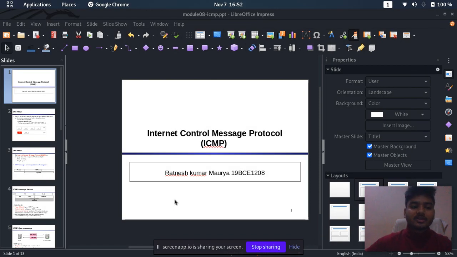So what are the problems that occur? Whenever packets come to the router, the header checksum should be calculated over the received header, and only then is the packet accepted by the router. For example, in a time exceeded message, when some fragments are lost in the network, the holding fragments may not be routed and will be dropped. Then ICMP will take the source IP from the discarded packet and inform the source of the discarded message, due to the time to live field reaching 0, by sending a time exceeded message.